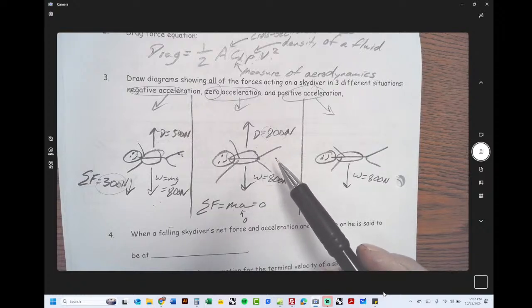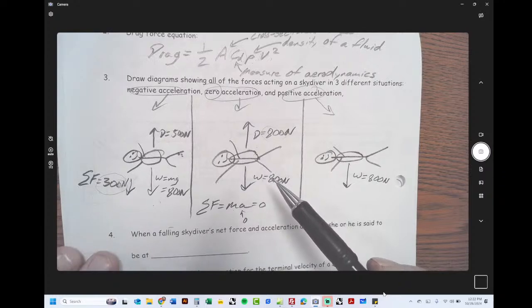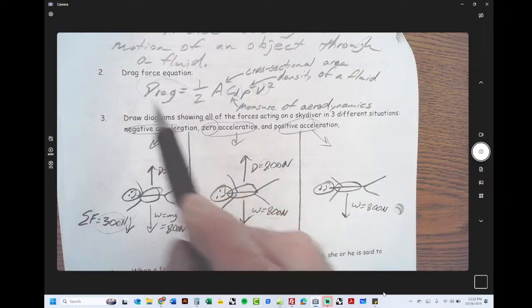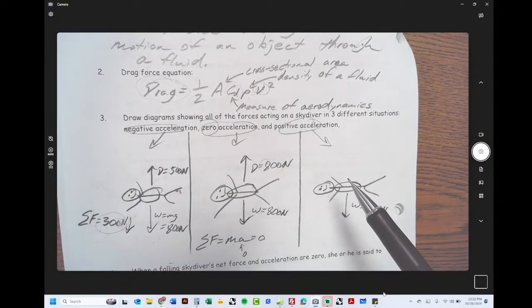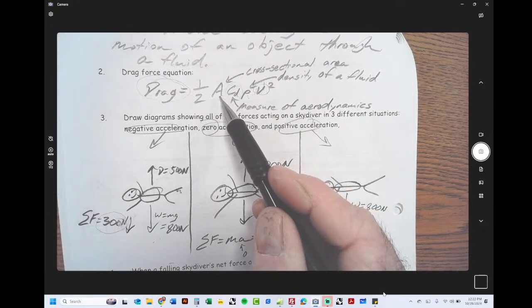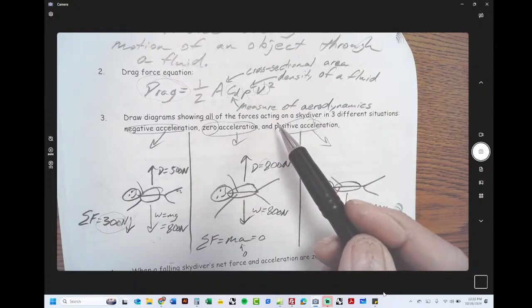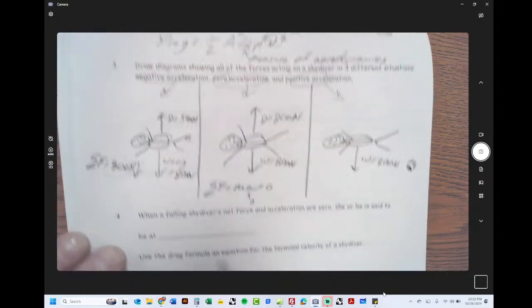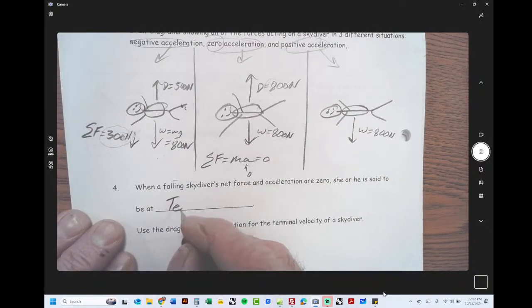So do you fall faster, slower, or the same speed? Same speed. If you're going the same speed, can your drag change anymore? I mean, if you keep all these other things the same, and you go the same speed, then drag can't change. And that's why this is the name for this. Let's go ahead and write it here. Terminal